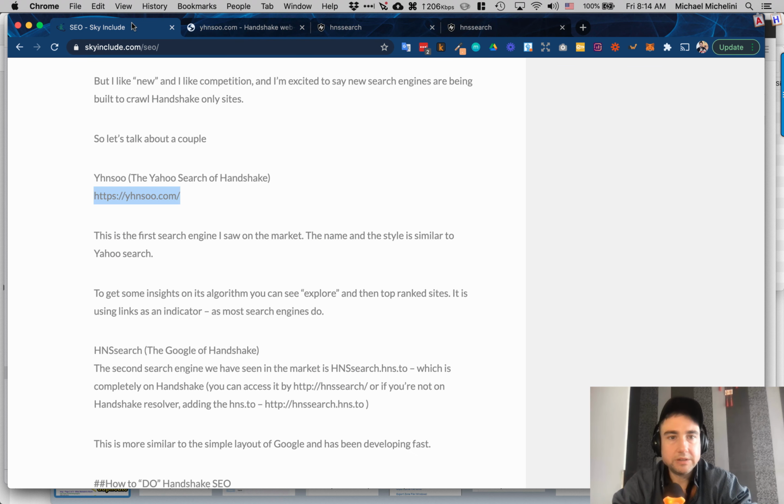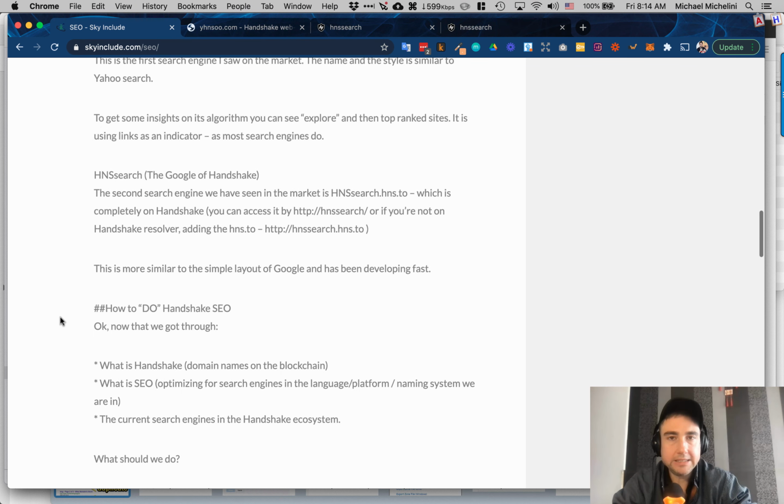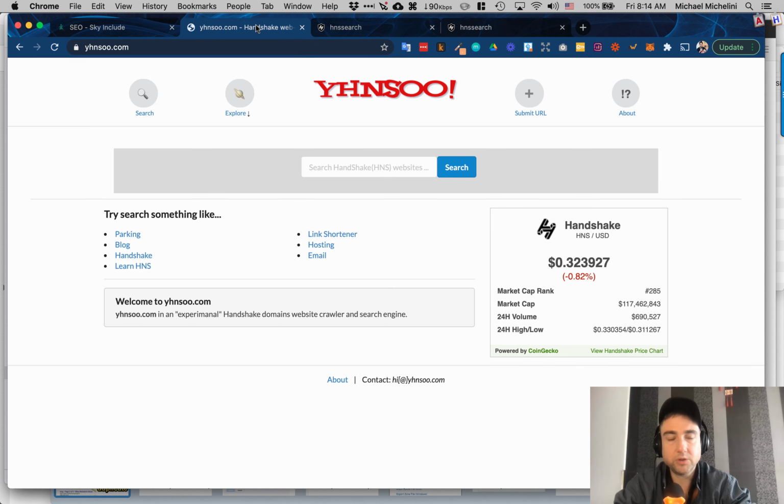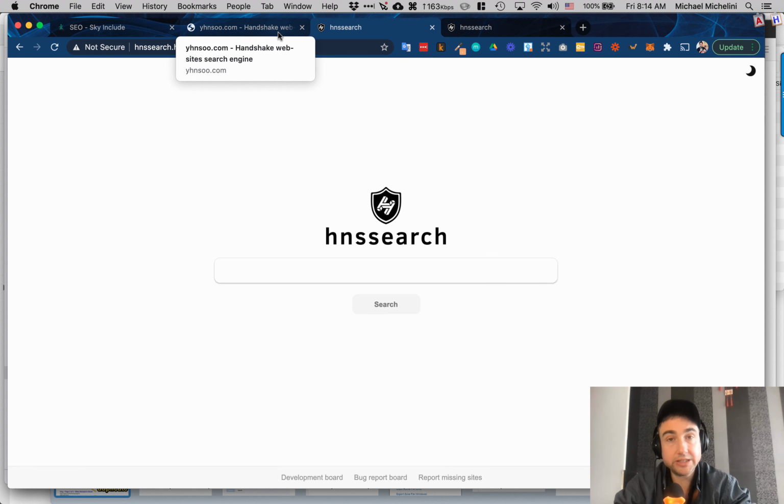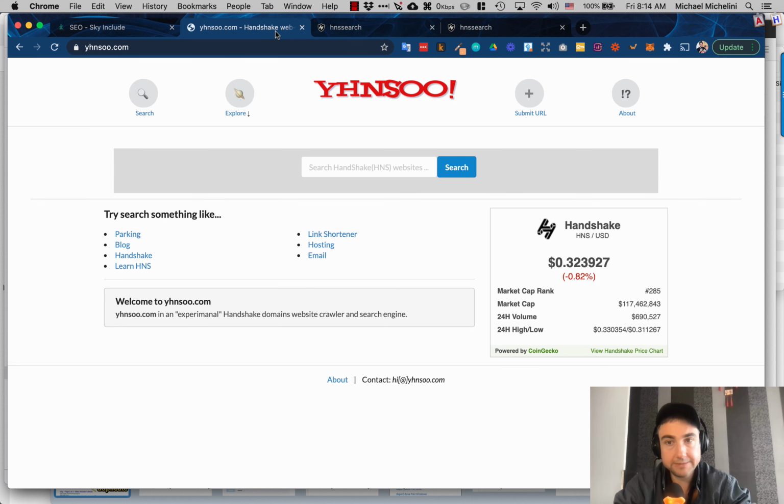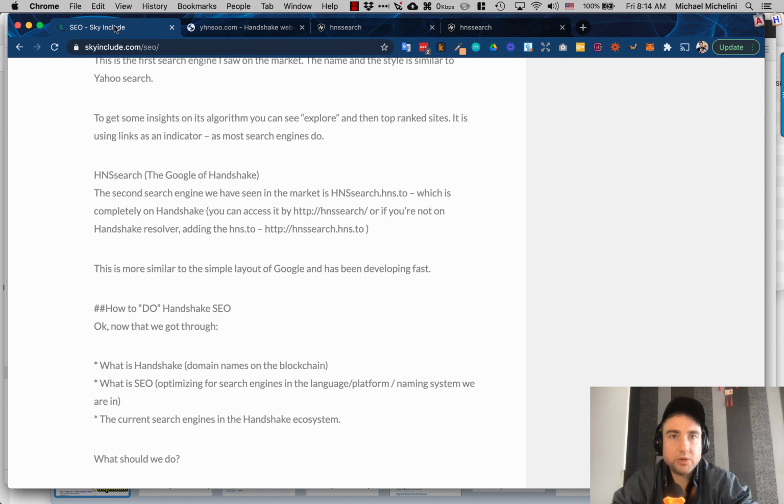So those are the two search engines, and their job as a search engine is to crawl and aggregate content. And I believe they don't have DNS or .coms in their search. I believe they're trying to only crawl and serve Handshake domain content. So that means you have to have a Handshake site to be found in these. I believe they could, of course, put in .com stuff, but they don't want to just be another Google, right? They want to be the search engines of the new internet, and I hope I can help them do that with this content and other content.